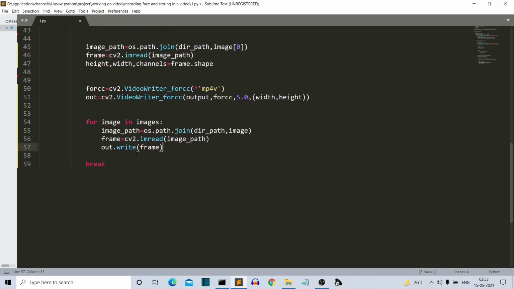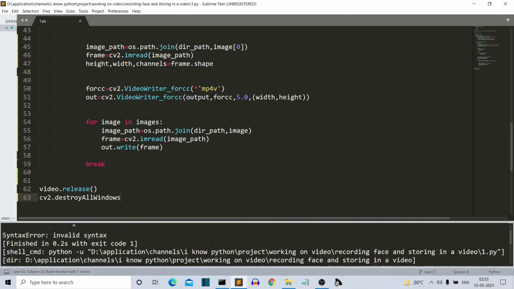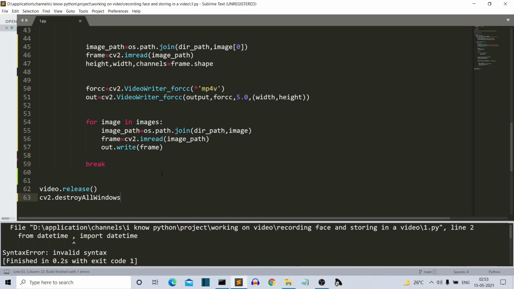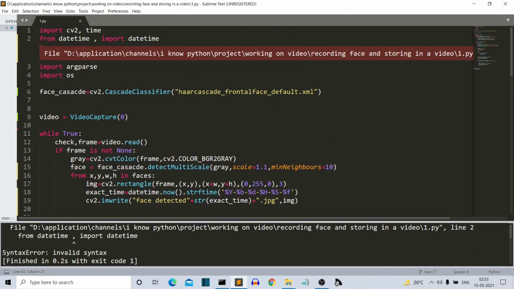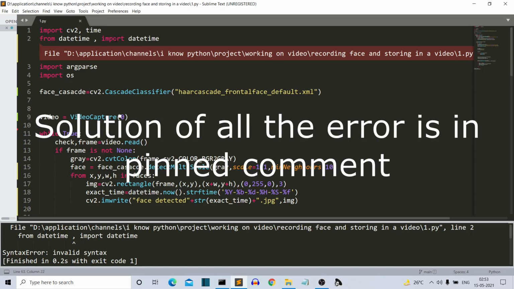Then after this task is done, we'll break our for loop, which means our task is done. Then we'll simply do video.release, it should be release, and cv2.destroyAllWindows. Okay, so let's run our program and we are getting an error straight away. So from datetime import datetime.